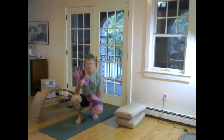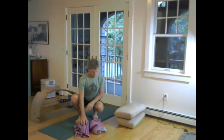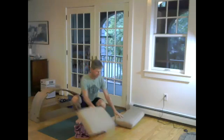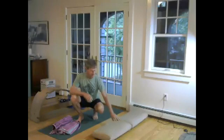Things ready. And two roll towels, big ones if you have them. And see if you can fish around your house and get a couple of cushions. If not, I'll show you how to do it with your two roll towels. But since we're moving towards mild back bending at the end of class, these can be used